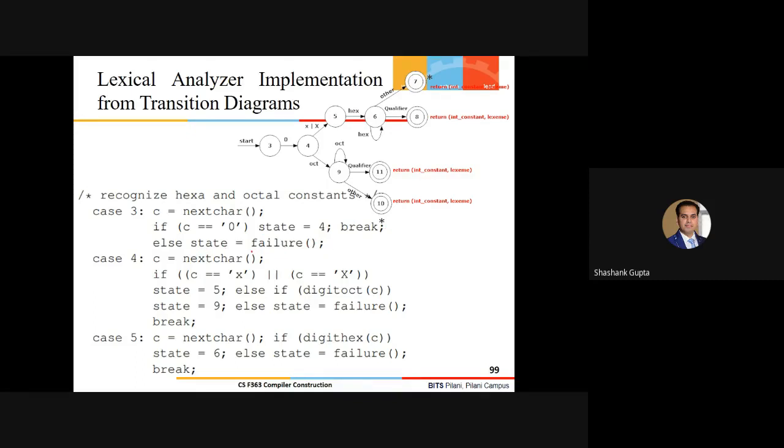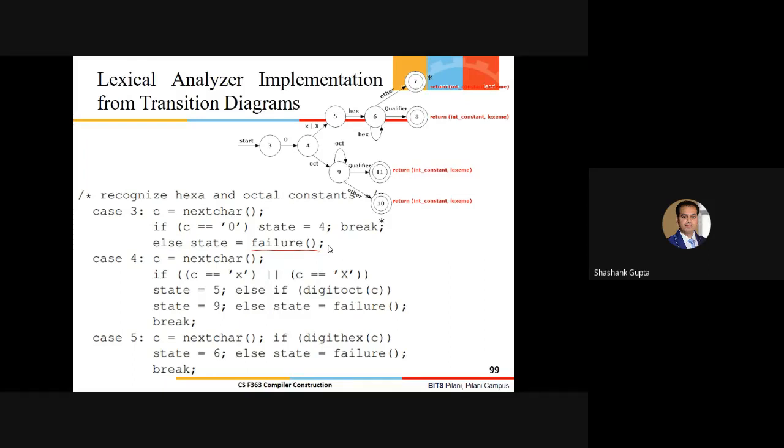Now, what do you mean by this failure? What is the indicator of this failure here? I need certain responses from your side. What should be done here? So this indicates an error, right? It's not starting from 0. Right. So this indicates a lexical error.